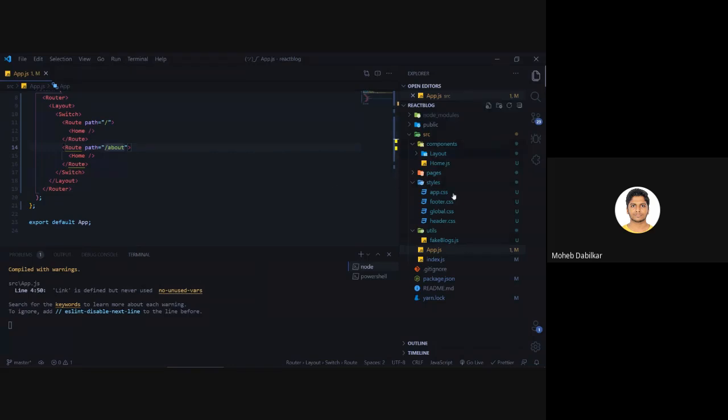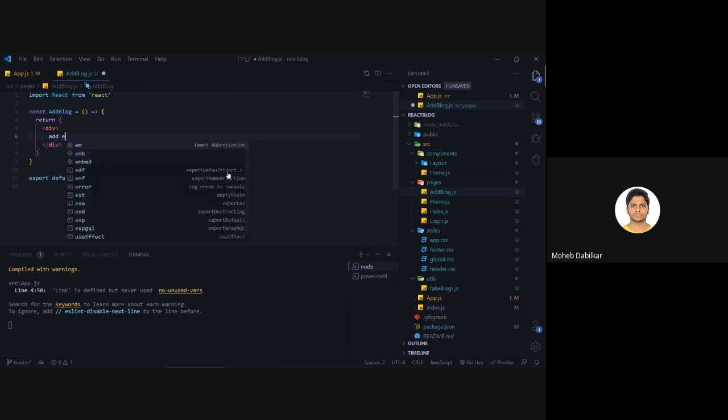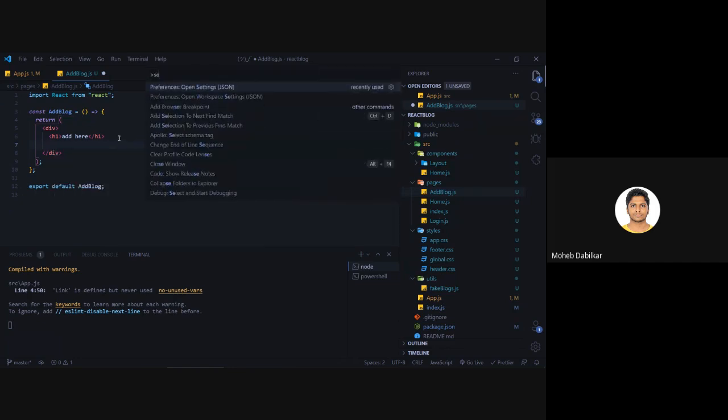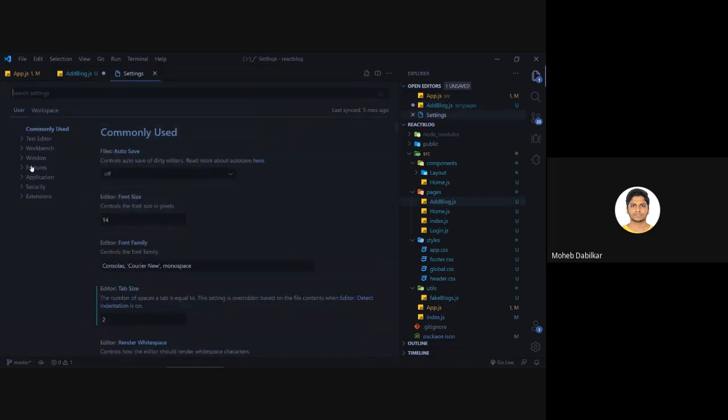Let's create one more. Now we have our add blog page. Let's just create that one. By default these snippets don't work, so you need to set it inside your settings. Go to your preferences and open settings UI, and then over here